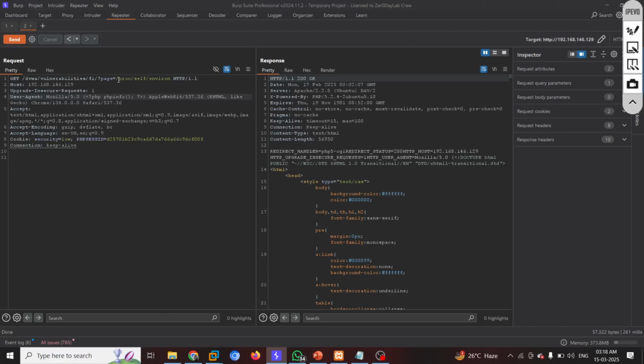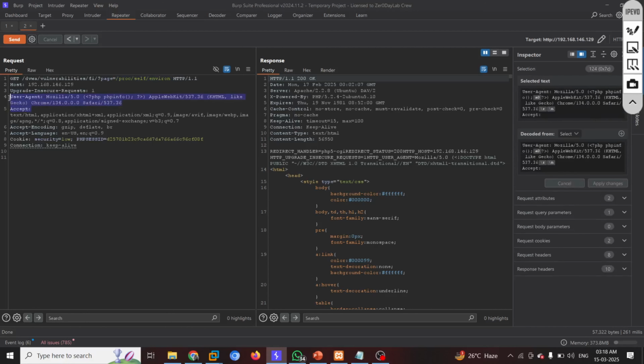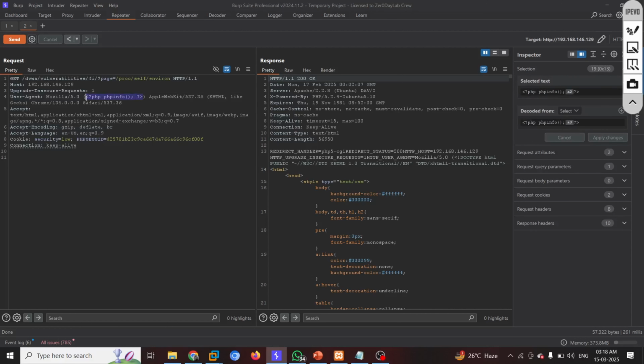First, through the environment variable payload, we found the user agent was getting executed on the server. Then we provided a basic file, scene.txt, to find out if we can get it in the response or not. And we got it. Then we provided a simple script to see if the script is getting executed on the server or not. And somehow it got executed on the server too. That means there is a 90% chance that this could be vulnerable to remote code execution, right?